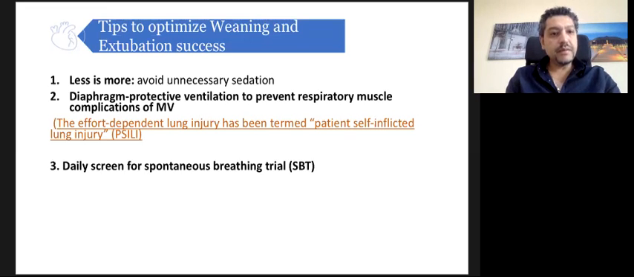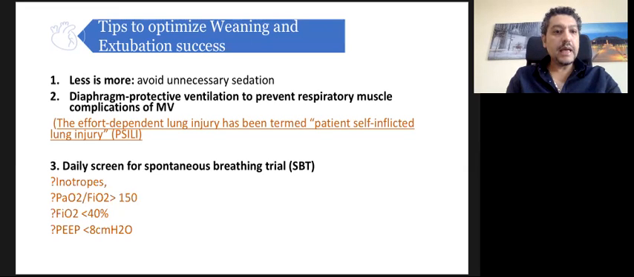Third tip is the daily screen of spontaneous breathing trial. So it's a rule, no inotropes or cardiac support should be on the way or ongoing during the weaning process. The PF ratio should be more than 150. You cannot start weaning a patient if the PF ratio is lower than that, because that really signifies